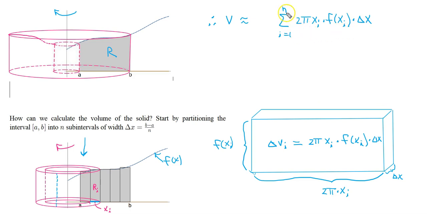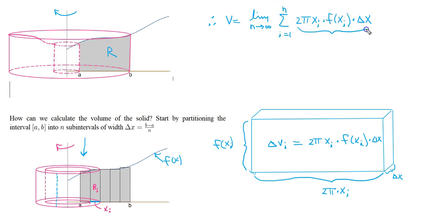And now you see, if we let n go to infinity, these rectangles down here will begin to perfectly fill in the true region R up here. They will become better and better approximations of the region R up here. And then we can replace the approximation with an equals. So our volume is actually then equal to the limit as n goes to infinity of this quantity right here,